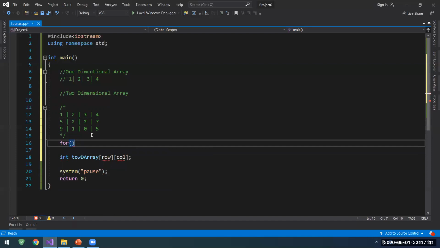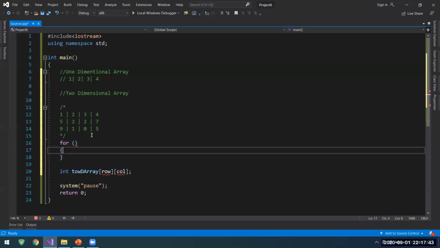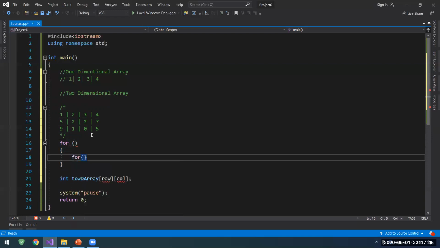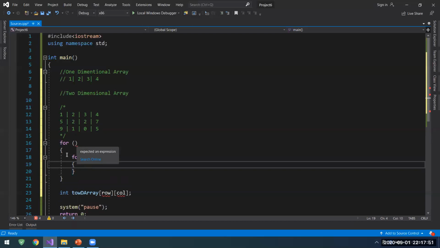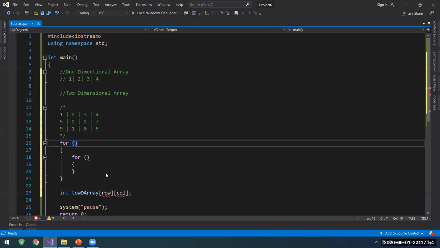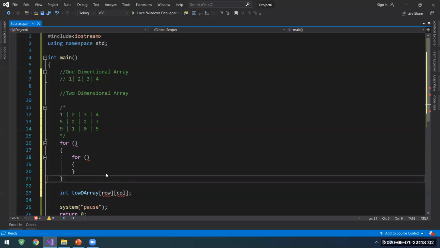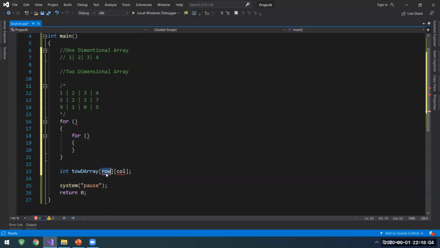The first for loop is for the row, and the second for loop is for the column, if you remember. So this was known as the row. We were calculating the rows using this for loop, and the second for loop we use for the columns. The same thing: the first place inside the bracket is for the number of rows, and the second place is